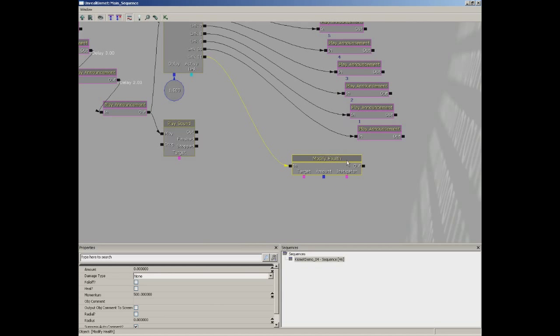Now, Modify Health needs some information from us. First off, how much are we going to modify the health? If you don't change anything, if you just plug in a number here, it's assuming that you are trying to hurt the player. So the default is to injure the player or take away health. If you want to add health for some reason, you can switch this over to heal by activating the heal checkbox. Now, what I'm going to do is set this to amount 500, which is 5 times the amount it